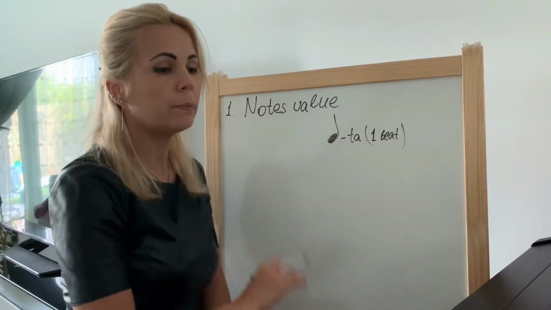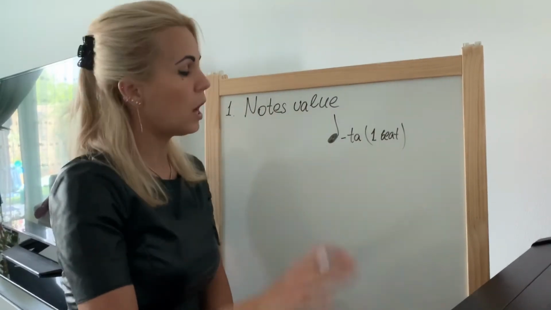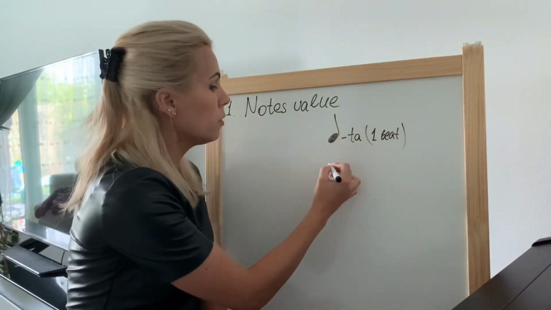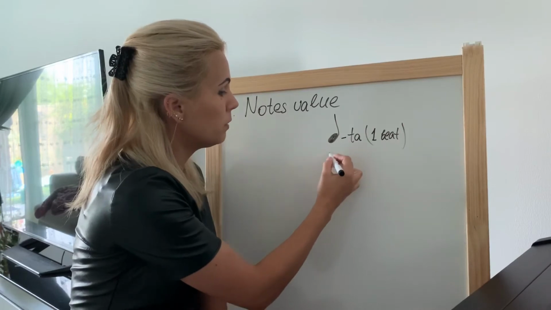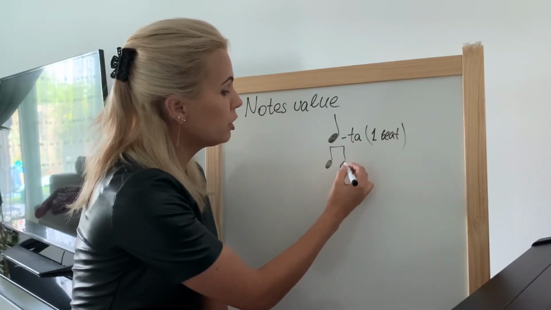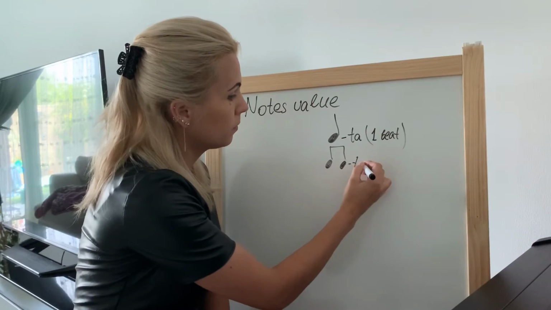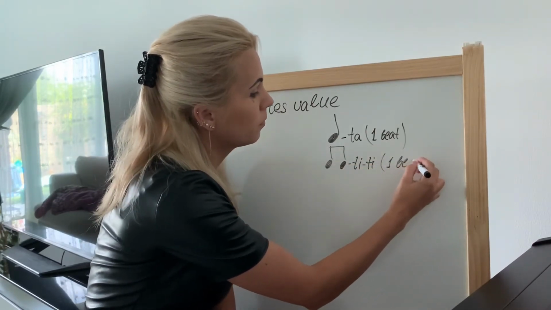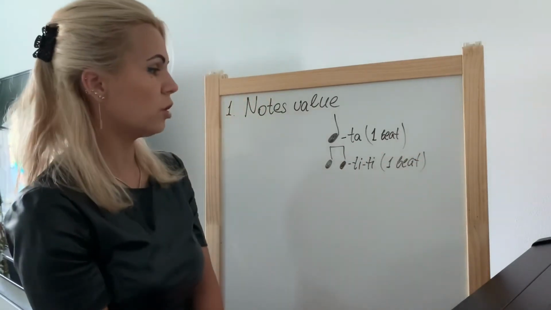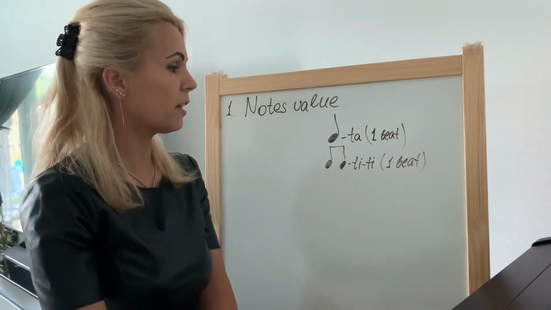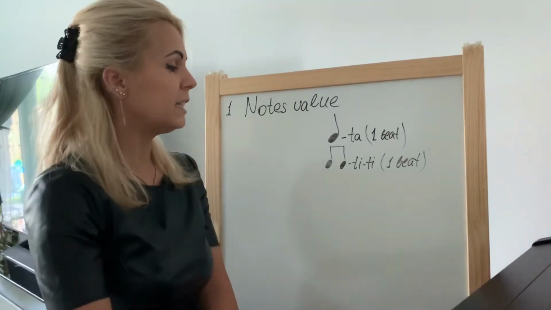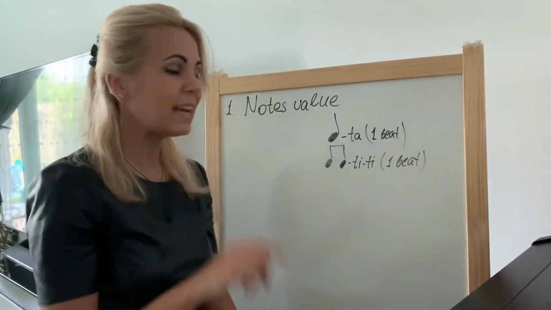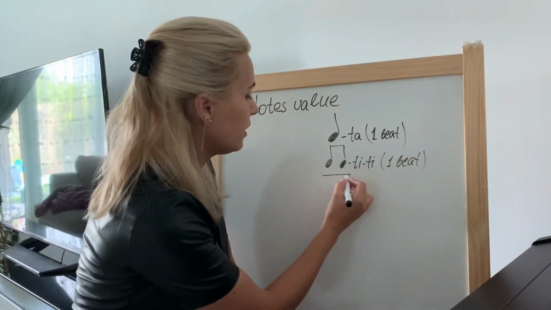So ta ta ta ta. 1 beat also. In 1 beat we can also fit 2 tt. 2 tt will fit in 1 beat. So they will sound like this: tt, tt, tt, tt. In the same 1 beat, we can also fit